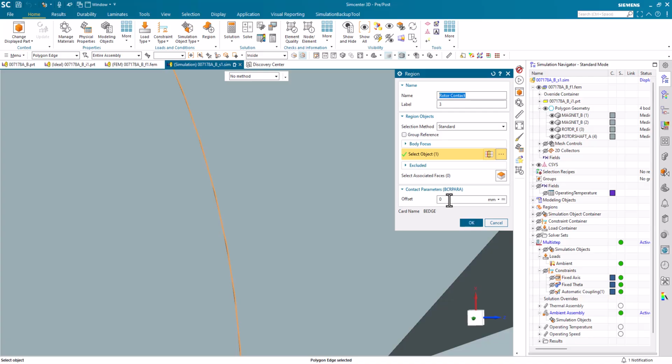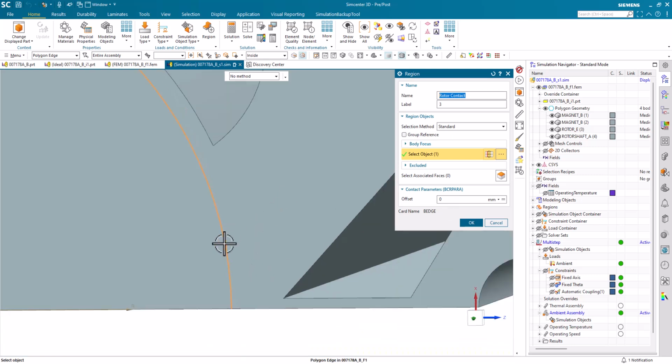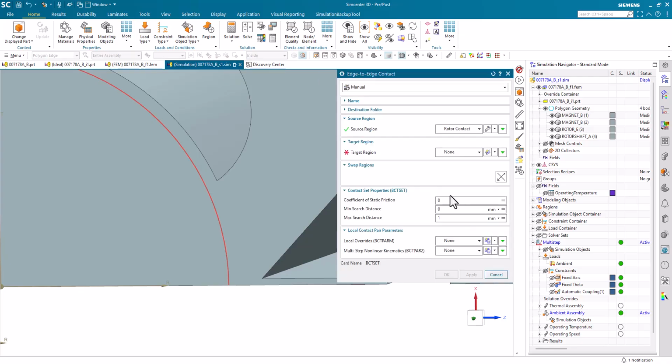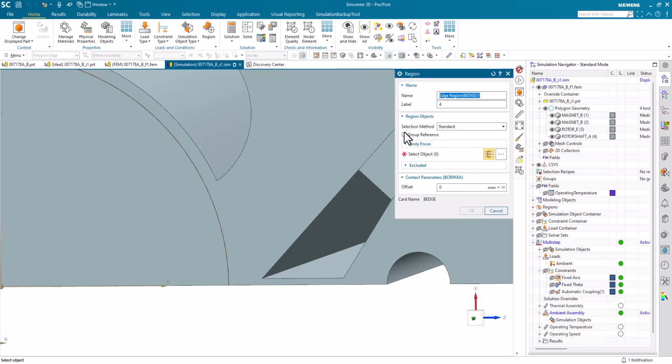Again, I can say an offset. I can specify offsets in my regions, or have it in the geometry. I can have it in both. I'm going to say OK here with no additional offset. I create a second region as,